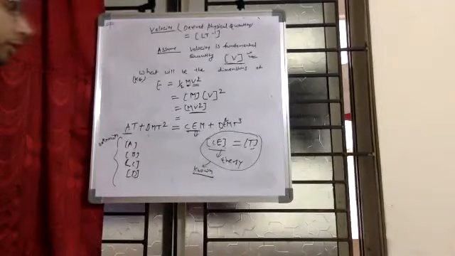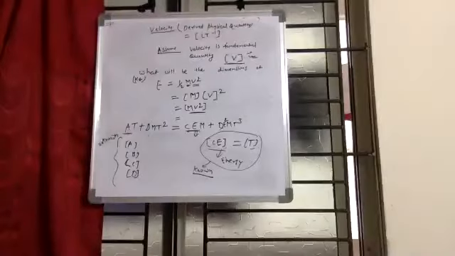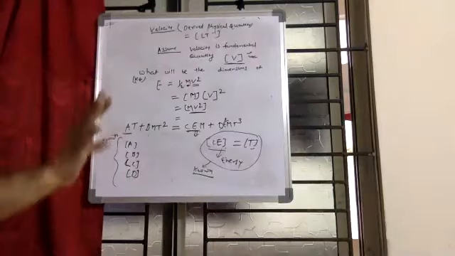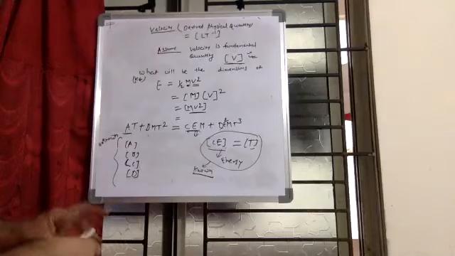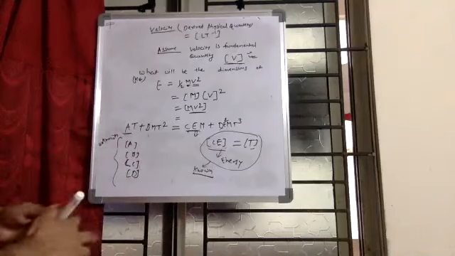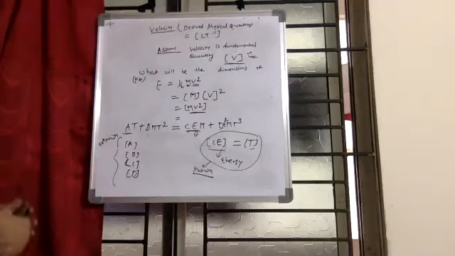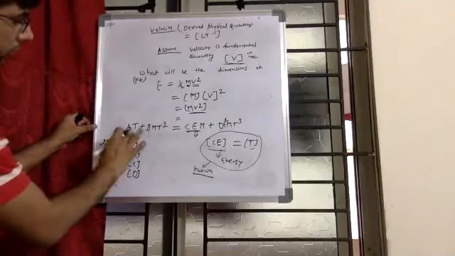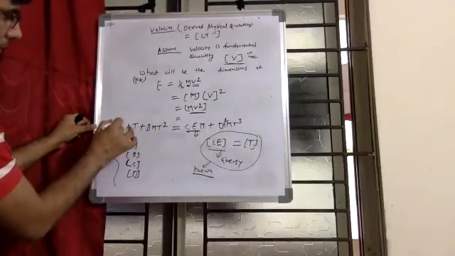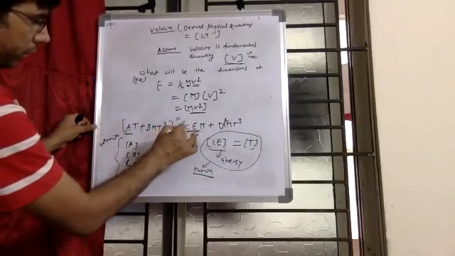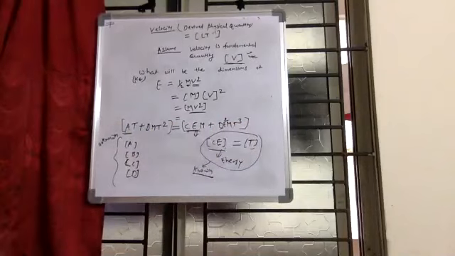Okay. So we have a dummy equation: AT plus BMT square equals CEM plus DE square MTQ. This is an irrelevant equation, but in the examination they give it like that, completely unfamiliar. The only thing to keep in mind is that we always equate the same dimensional physical quantity. The dimension of the left hand side will always be the same as the dimension of the right hand side. That property will hold true.